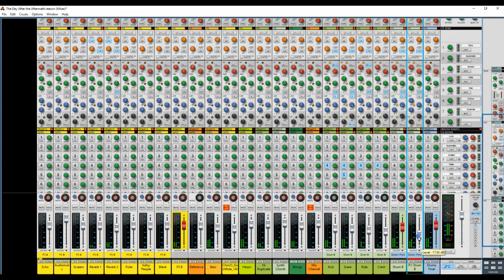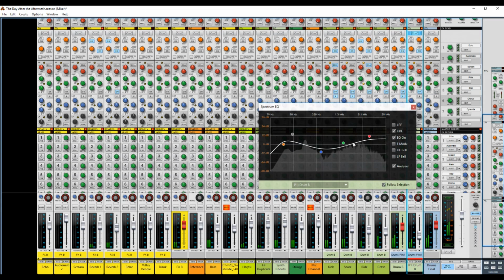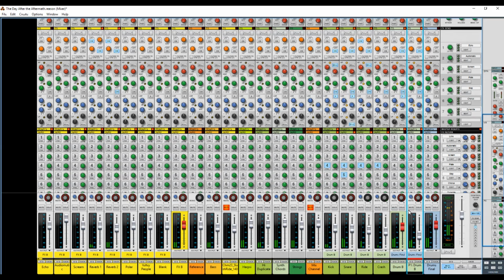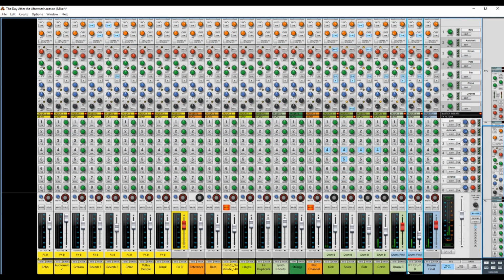And I will say that when I muted the effects returns there on the right, that actually didn't do anything. The way I've got it set up, you have to use the channel strips on the left. So ignore that. But thanks for watching. Hopefully you found this helpful and this will help you